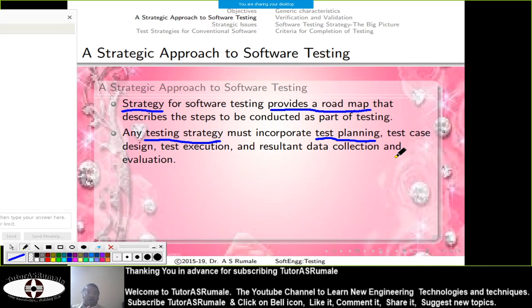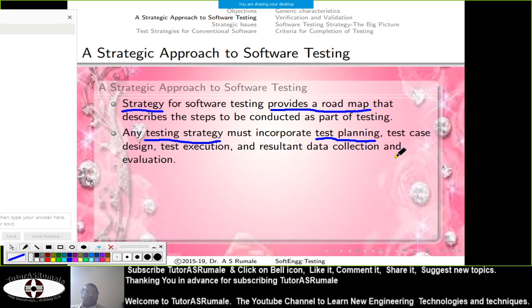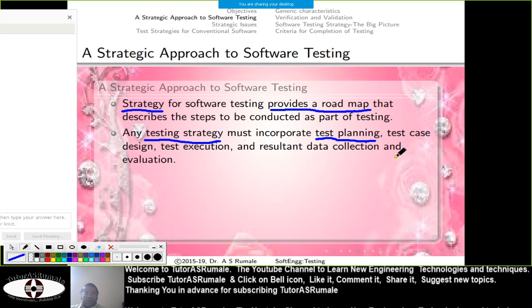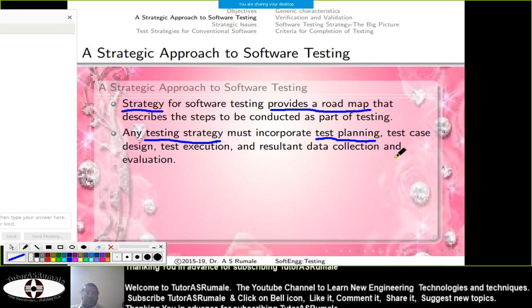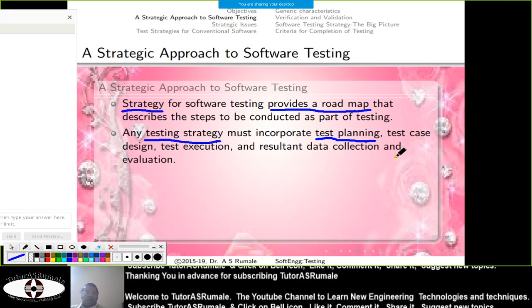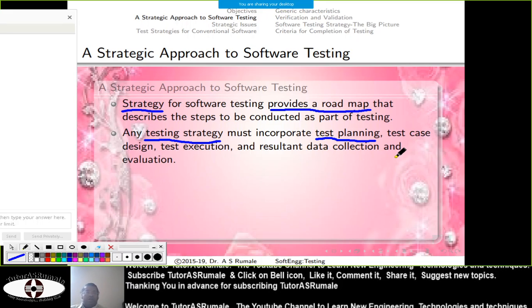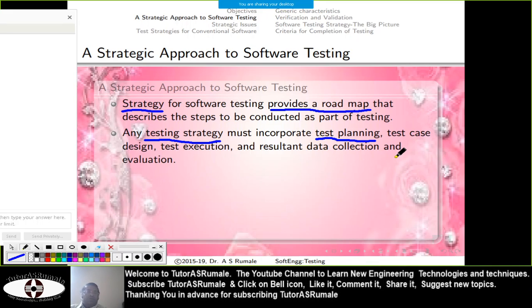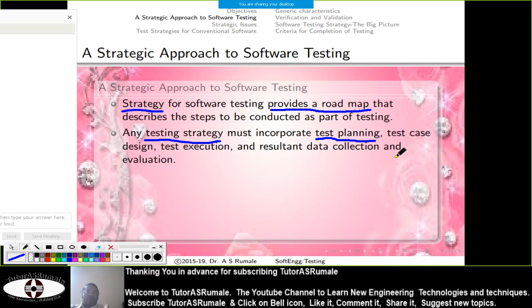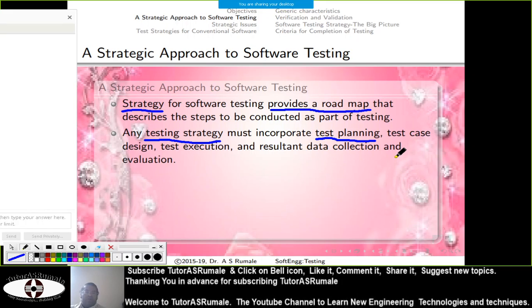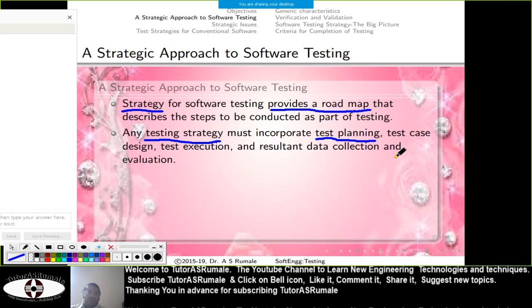Planning means segmenting your time so that you can dedicate that particular time segment in your life to a particular subject to achieve a certain goal. Here, testing is the subject, so you require giving a part of your time to this testing.